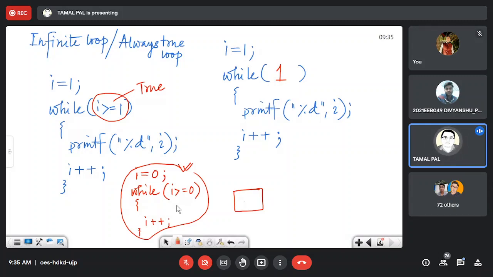What is your question? I cannot understand properly. Right, like sir, when you said that 1 means true, then the condition prints infinitely, but here it's 0, so it should not run, sir. Your claim is that the program should not run, is it? Yes, sir, I have a doubt.